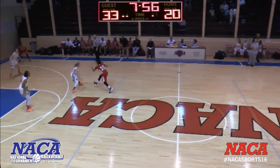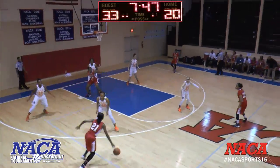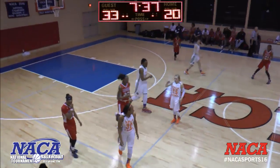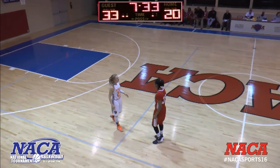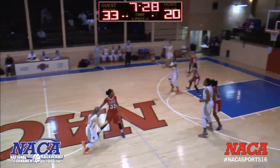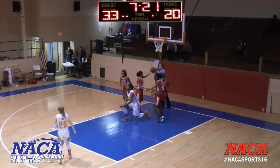Start of half number 2, and National Christian has a 33-20 lead over TPLS, and National Christian has it first in those red uniforms to start this third quarter. A 2-3 zone here for TPLS. And there's a turnover. That's not how you want to start the second half, John. Nope, that for sure is not the way you want to begin things, especially after National is a little shaky for part of that first half, as Elizabeth Martino checks back in. They were wanting to come out nice and crisp and get something started in the second half, but did not start on that possession. Underneath, runner won't go, and we got an offensive foul